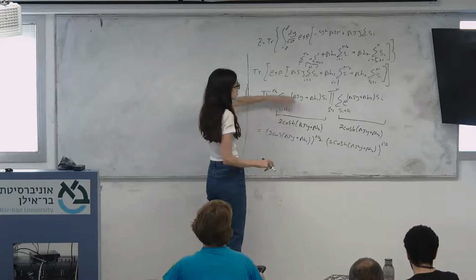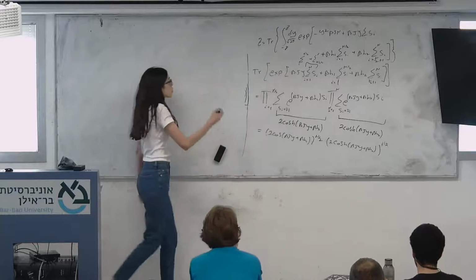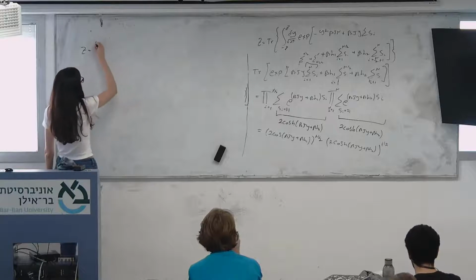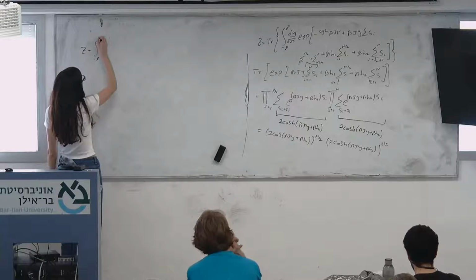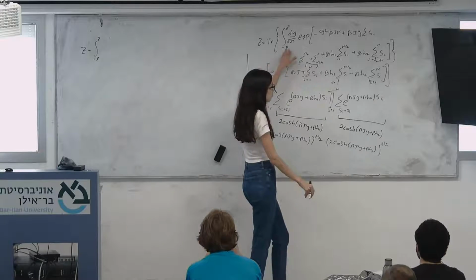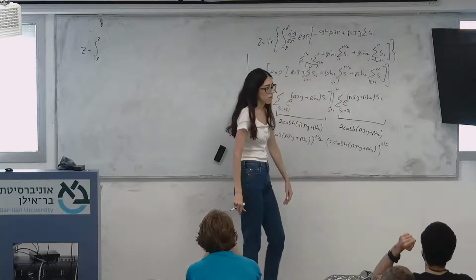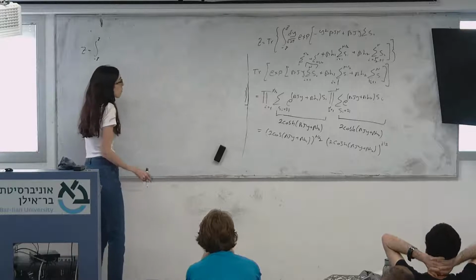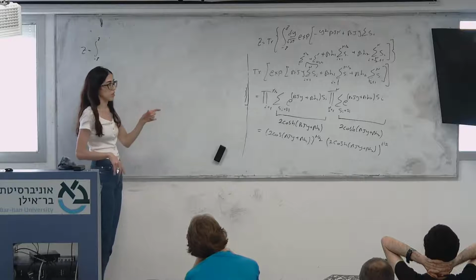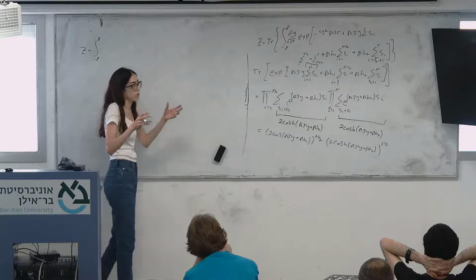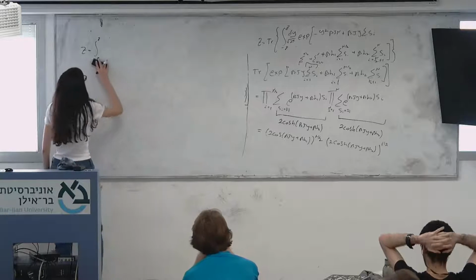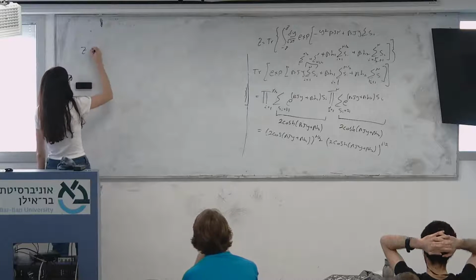This is the trace part, which means that the total partition function is, again, the integration of the exponent of all of that. And we're going to use, again, the saddle-point approximation, so we're only going to take the exponent at some point x0. So I'm going to write it after the approximation. So this is approximately